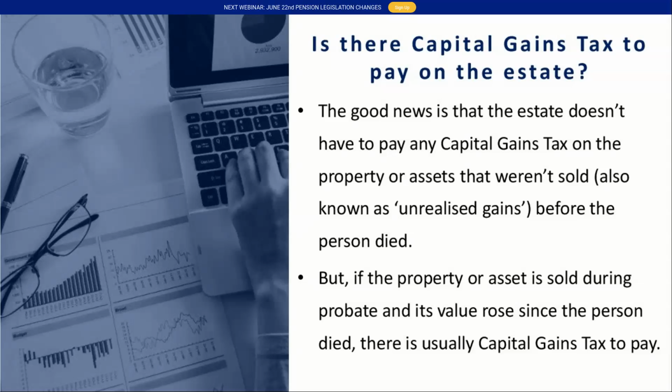Now, this could be a nuanced bit of planning, but this could factor into your thinking if you or your parents are elderly and own an asset that could have a significant capital gain on it. If they were to realize and gift it away, or to liquidate that asset to gift cash, for instance, it may be appropriate for that loved one to possibly pass with that gain. That will obviously save any capital gains tax that would need to be paid on that disposal of that asset.